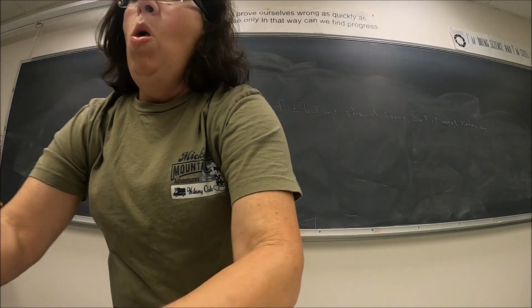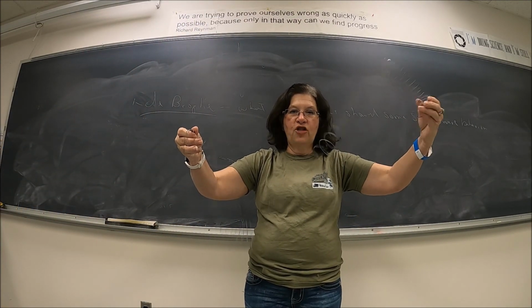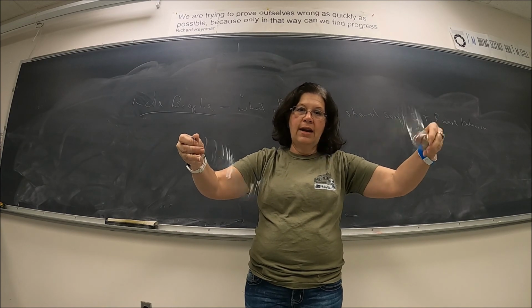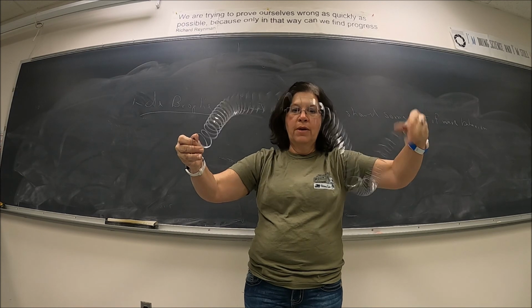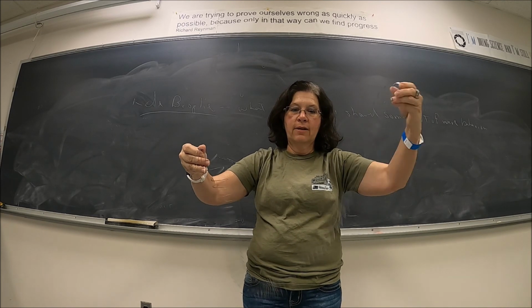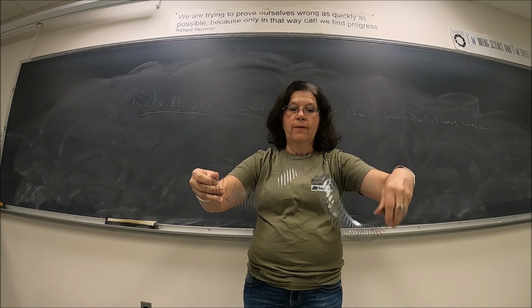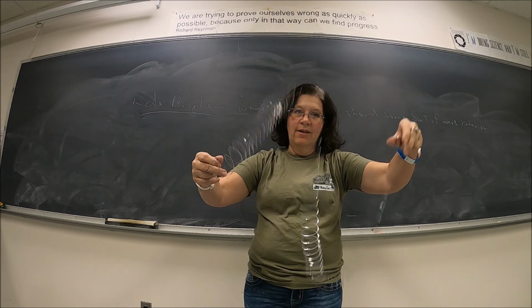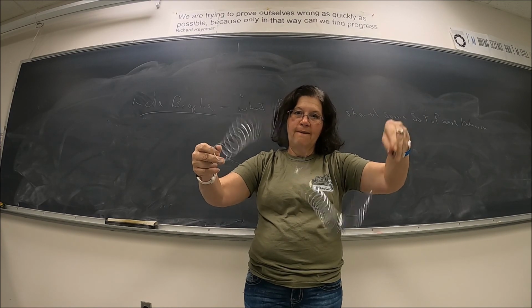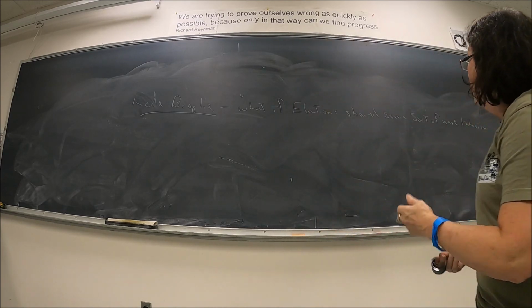If I take my slinky here and I start shaking it, I can create a pattern. If I don't shake it right, I get gobbledygook. But if I shake it just right, we're used to that pattern. Yeah, that's a standing wave. Now, de Broglie said, what if